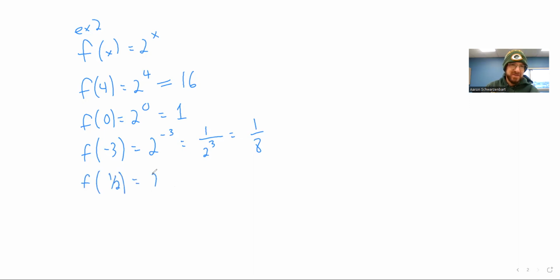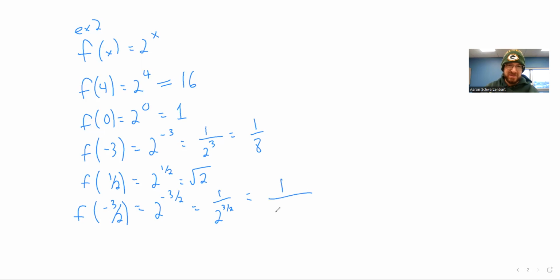1/2. 2 to the 1/2 is the same as square root of 2. And we're going to leave it in the exact form. 2 to the negative 3/2. This one has a couple of things in it. So f of negative 3/2, 2 to the negative 3/2. First, I'm going to start with the negative part. Then I'm going to convert this to a radical